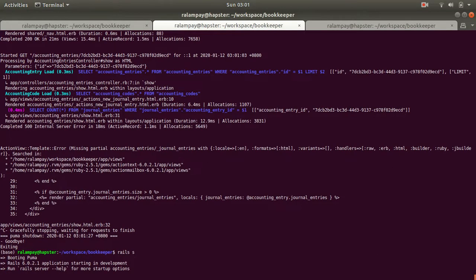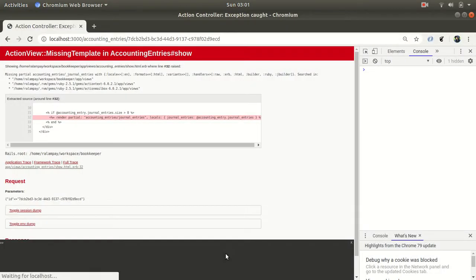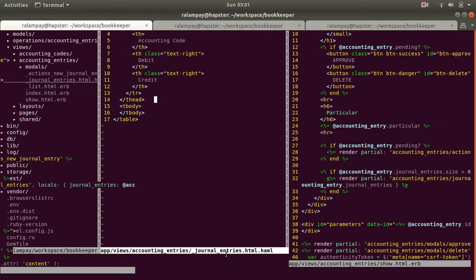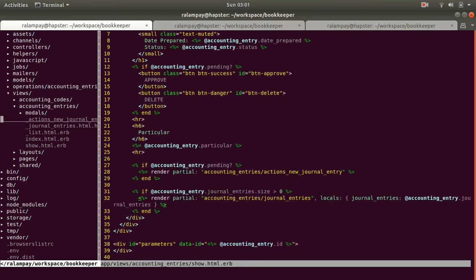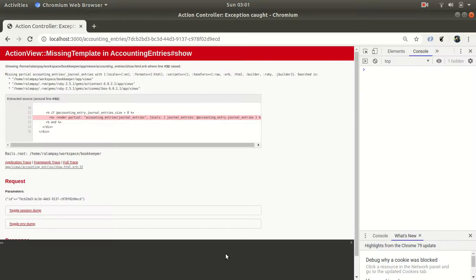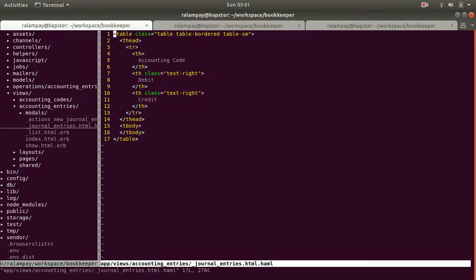Let's refresh this. Missing partial, accounting entries, journal entries. We already have it here. Accounting entries, journal entries. Let's finish this first. Journal entries dot each do